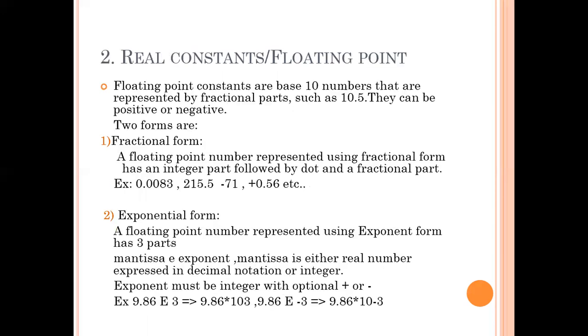Then let us talk about the real constants. Okay, floating point constants are based on numbers that are represented by fractional parts such as 10.5. They can be positive or negative. Okay, integer numbers are inadequate to represent the quantities that vary continuously. Okay, that's why